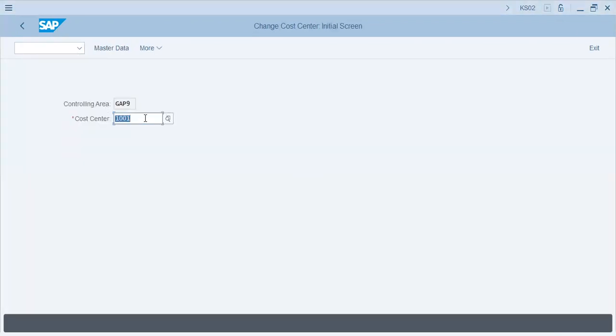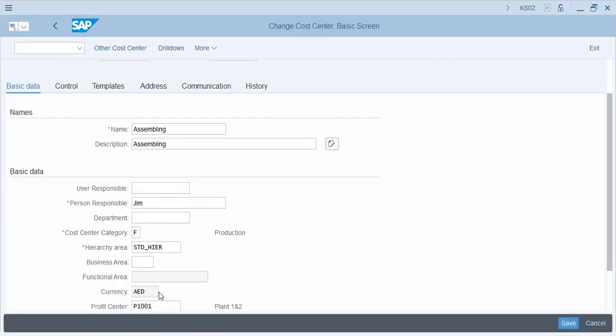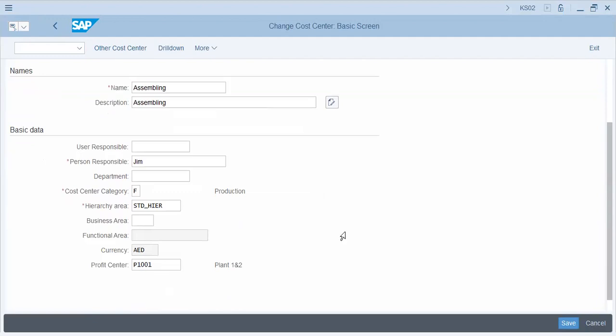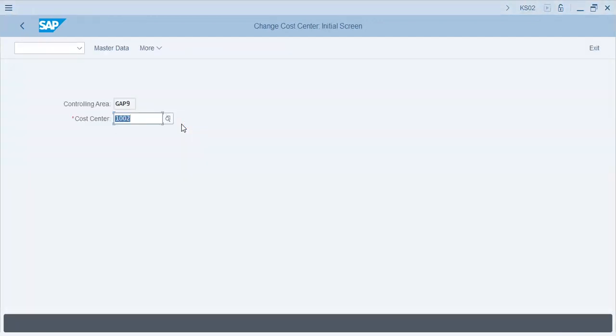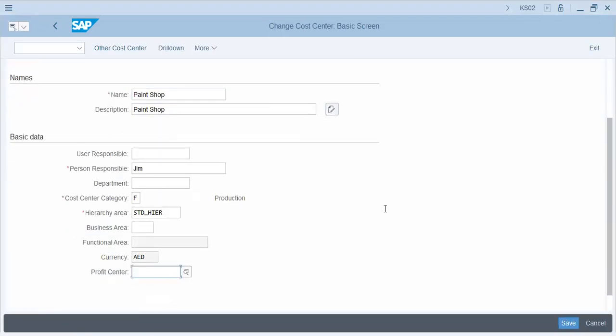Okay, 1002, gap 9, assembling P1001. P1003, and this is blank. Okay,